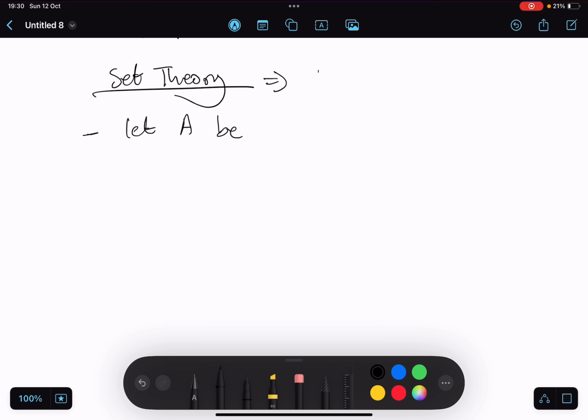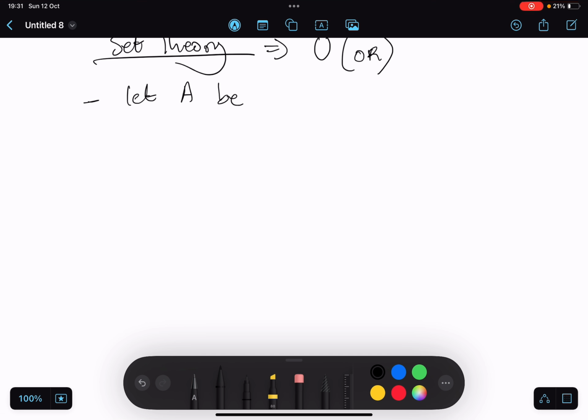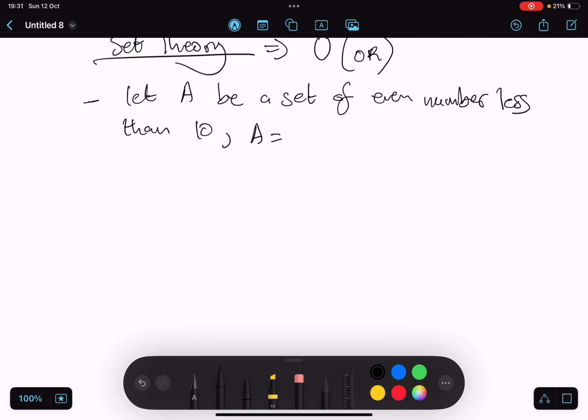Remember, in set theory, if you're using the union of elements, this is or, right? So that's what you're going to do. Let A be a set of even numbers less than 10. So A is equal to